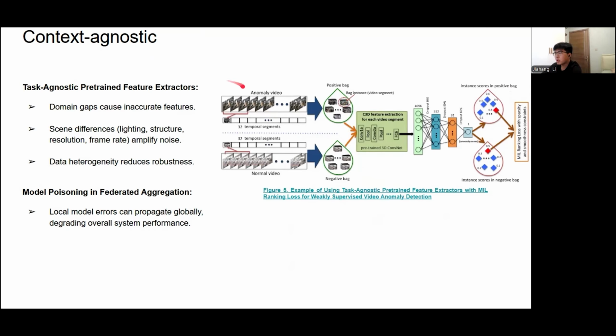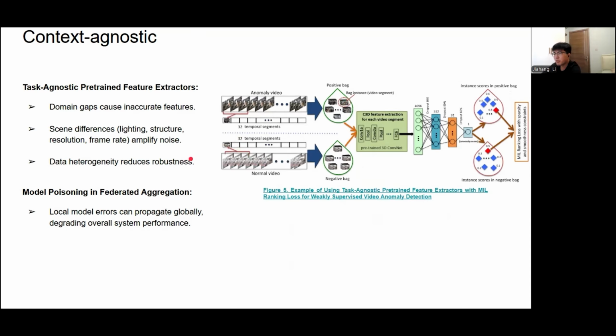And real-world surveillance videos are highly diverse. They can vary in structure, lighting, resolution, and frame rate. So the context agnostic method reduces the model robustness and often misses subtle anomalies.